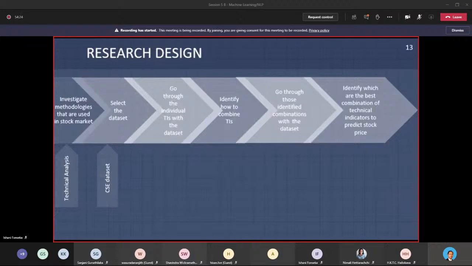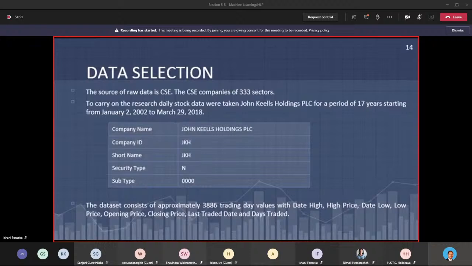After going through the individual technical indicator sets and identifying how to combine technical indicators, my next step was to form those identified combination data sets and finally identify which is the best combination of technical indicators to predict stock price. I have selected the basic data as 136 among the M don't holding data set from 2nd January